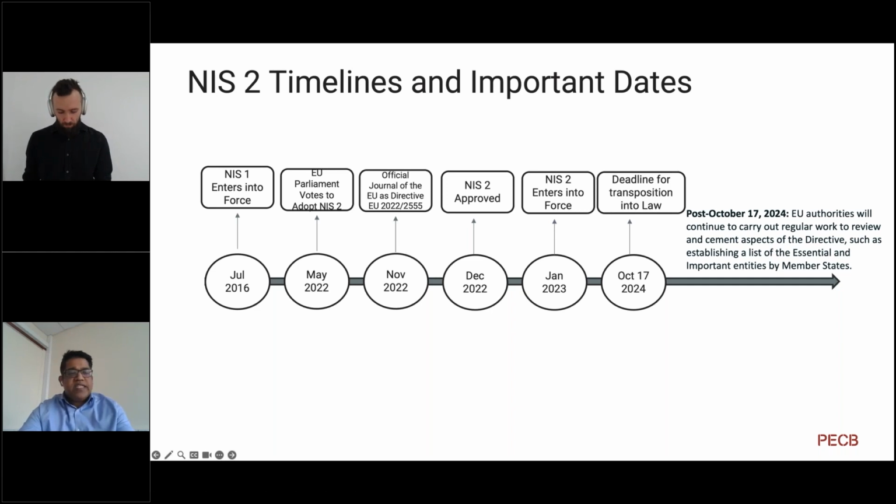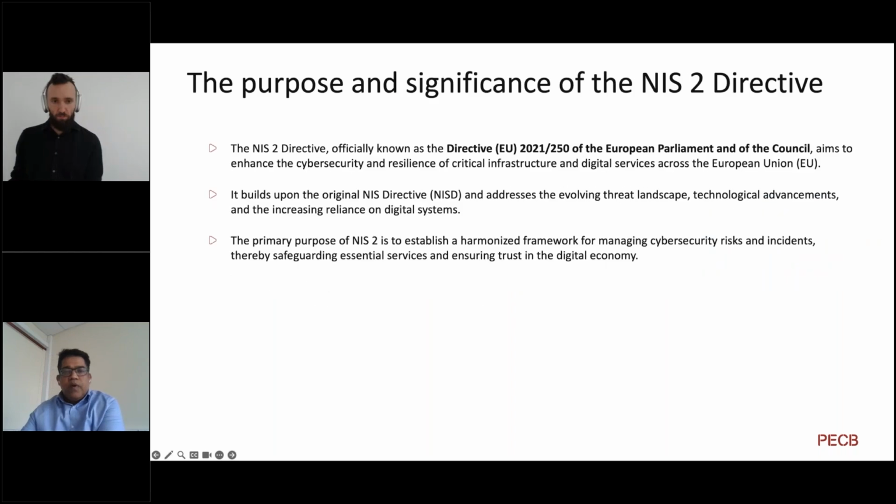So this is what is exactly in NIS2. If we go to the next slide, we will talk about the extension of the scope, Christopher. Yeah. So before I talk about the purpose and the significance of the NIS2 directive, I would like to talk